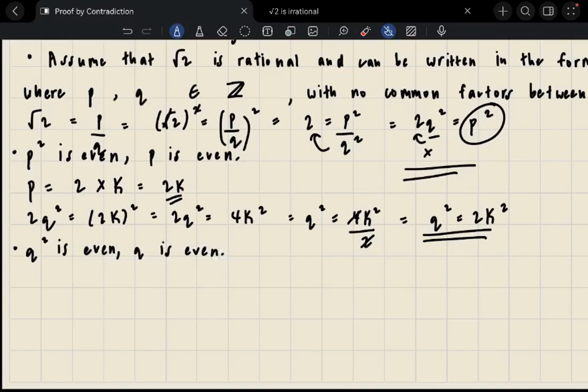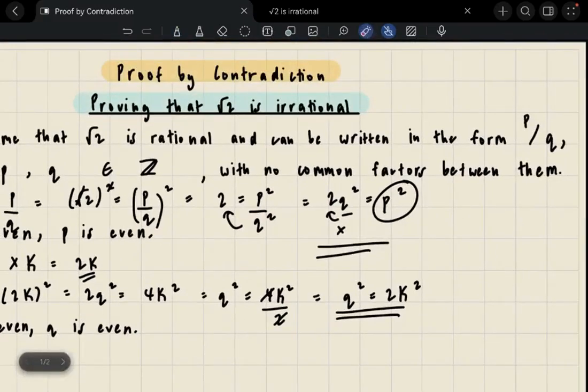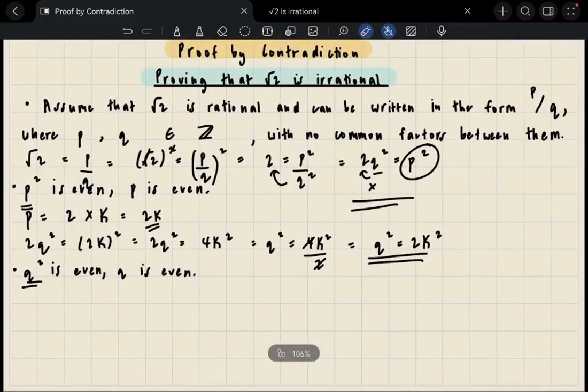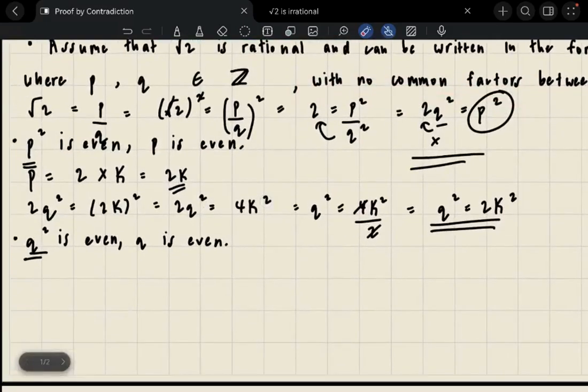And now, because both p and q from here are even, right? That means that they both have a common factor of 2. And if the fraction has a common factor of 2, that means that it contradicts the original statement where we said that p and q have no common factors between them. So that's actually going to be our conclusion. So I'm going to have this. This is the symbol for therefore. So therefore,